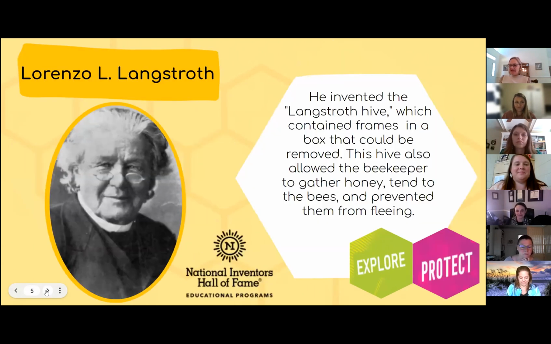Okay, so as part of our research on the pollinators and plants, we also researched inventors, such as Lorenzo Langstroth and researchers in Japan who successfully used a tiny drone to pollinate flowers. I think it's important for students to research and to see the history of topics that we're studying, and innovations